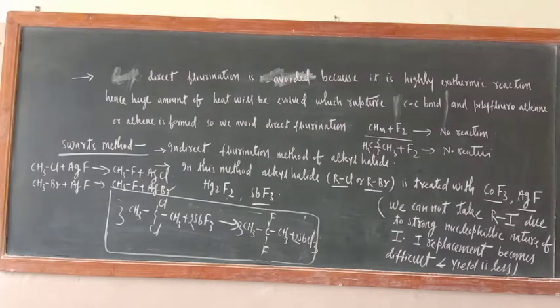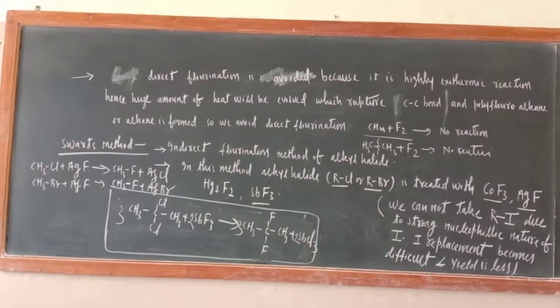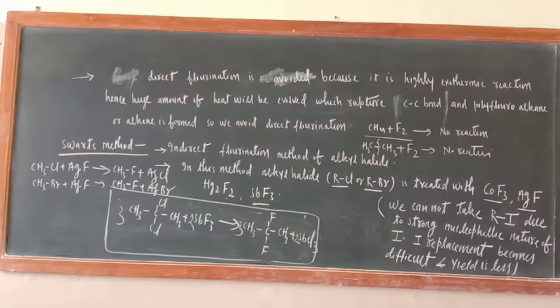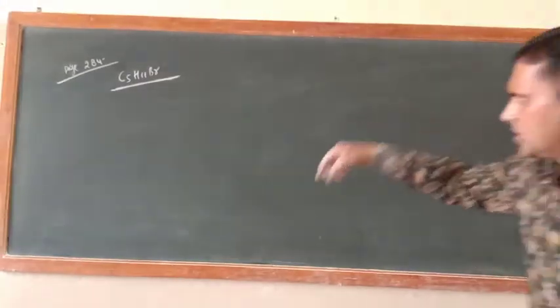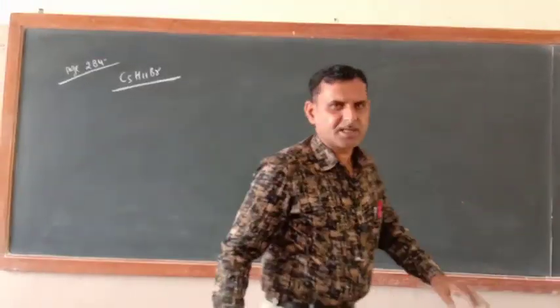Name each isomer of C5H11Br according to the IUPAC system and classify them as primary, secondary and tertiary bromide. Here 8 isomers are there. Don't worry, I will write the page number, not the question. You have to write the 8 isomers. The page number is 284, and the compound is C5H11Br.